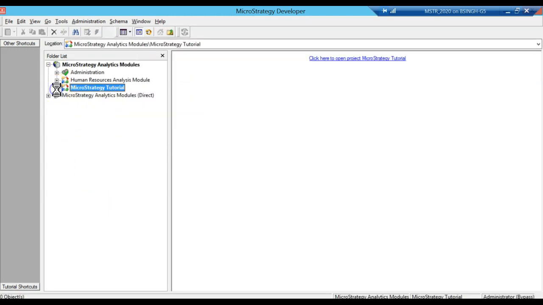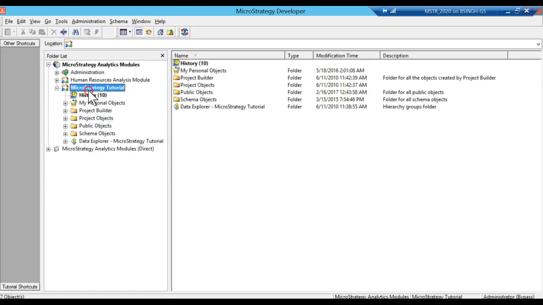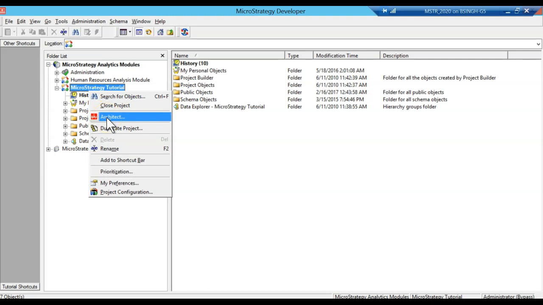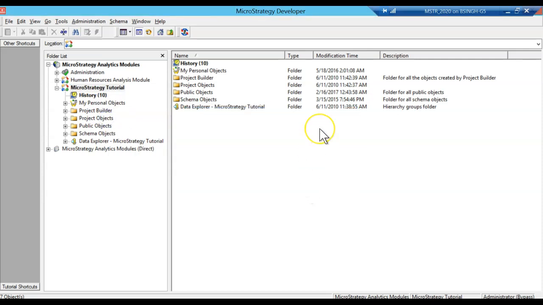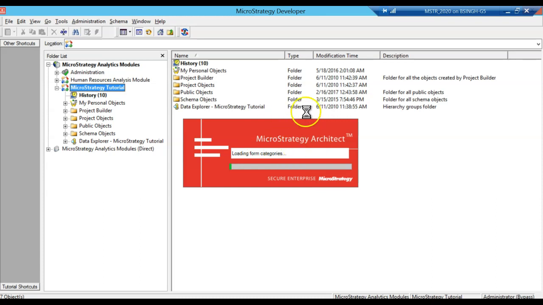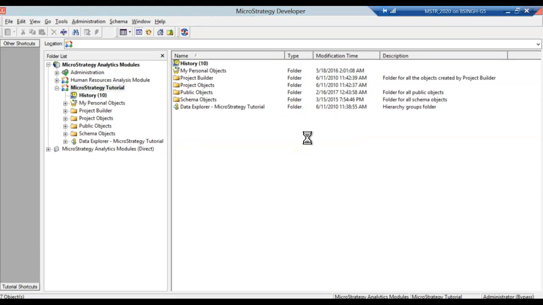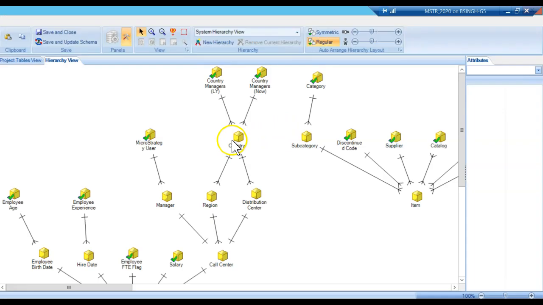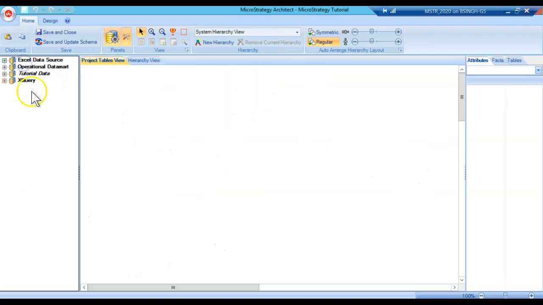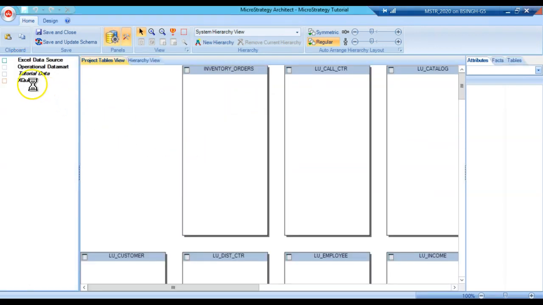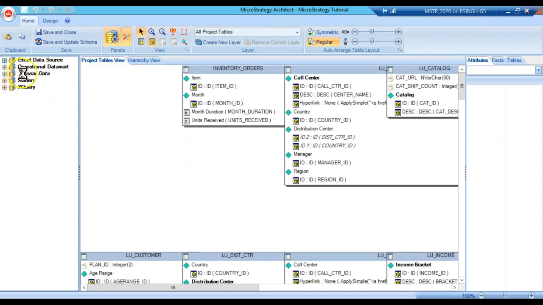Okay, here you go. It's the Architect tool. If you just right click on your project and then click on Architect, it will open the Architect board, which is usually used by your architect. It's not used by the admin basically. So here you can see our hierarchies, which are created, and we can see our database also here, the database we have connected, and you can see the tables under this MSTR Architect.